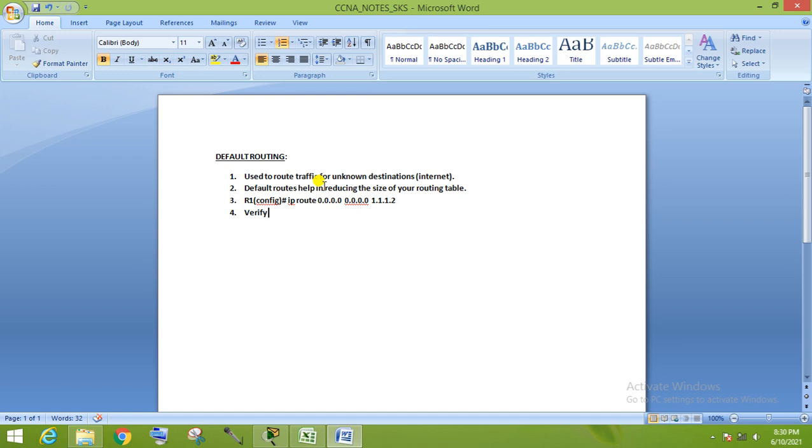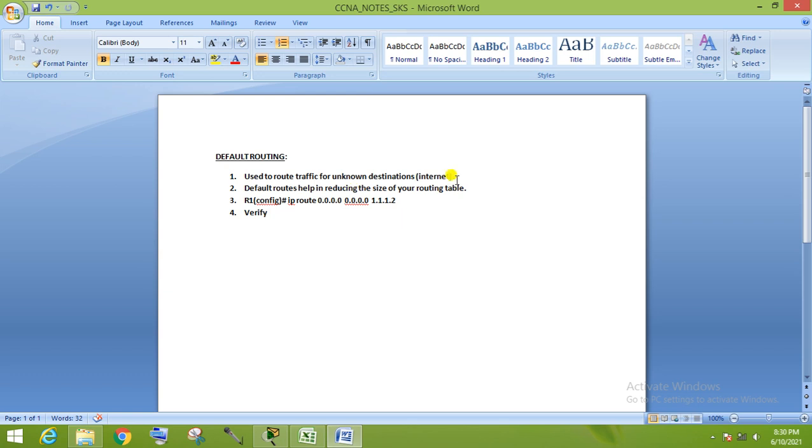But for default routing, we don't require any network ID or subnet mask. We only need to know our next hop IP address. So we generally use default routing for unknown destinations.